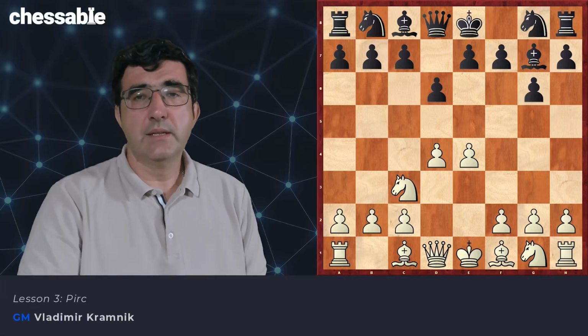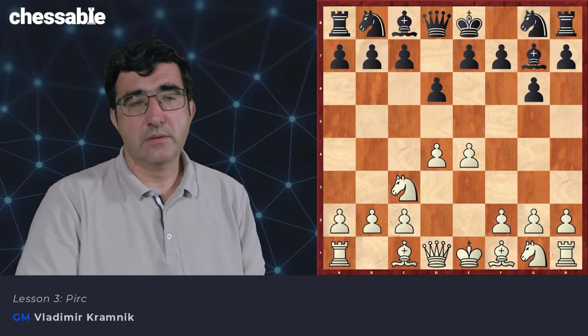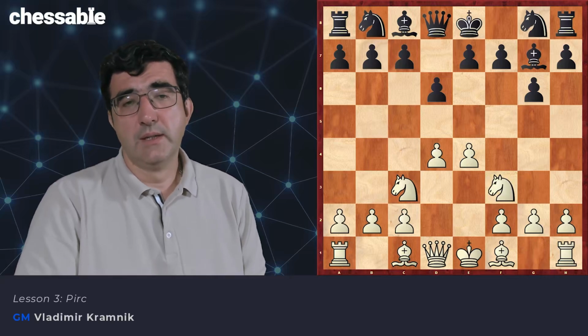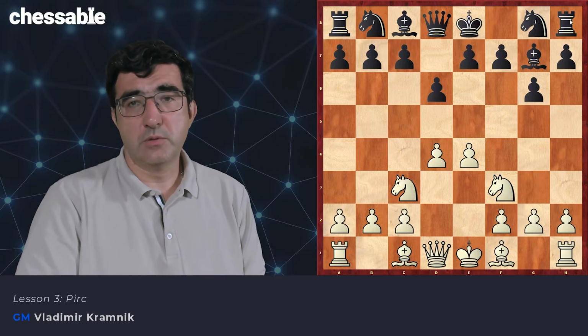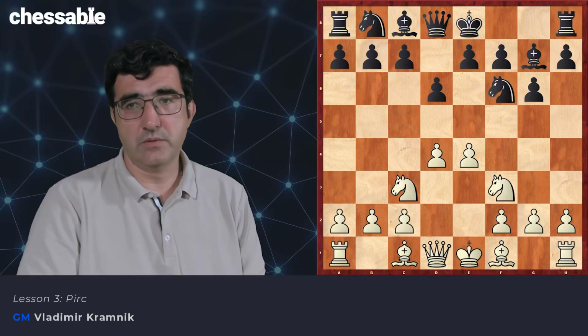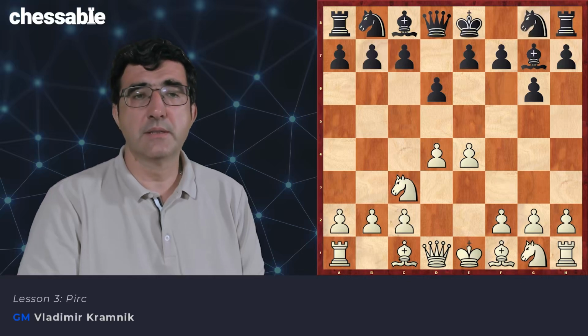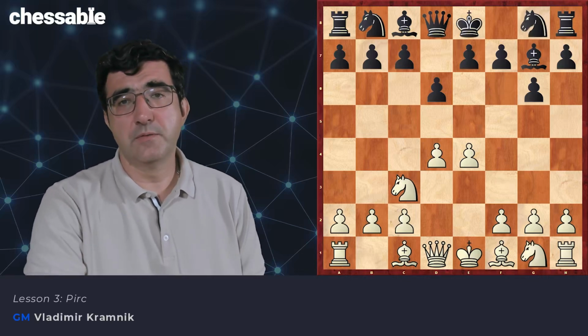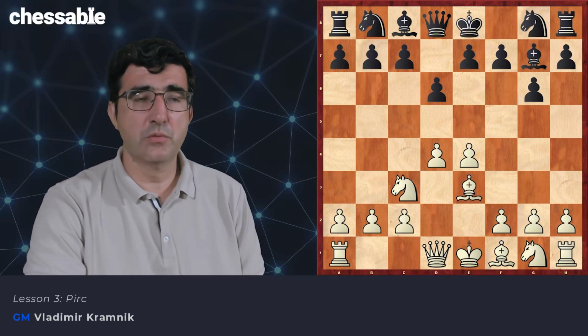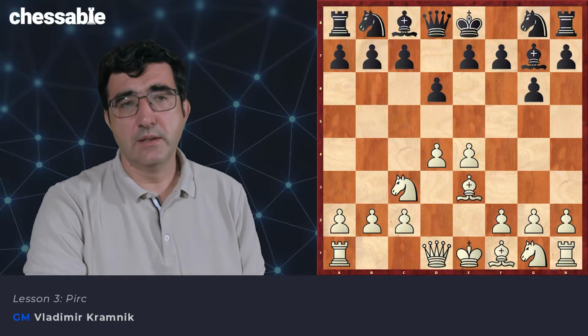And that is mainly against the sharpest system which White has against Pirc. Because, for instance, if White is just playing knight f3 followed by bishop e2, probably anyway the best Black can do is to go knight f6 and transpose to the main line of Pirc against this system. But, for instance, if bishop e3, this is one of the systems I'm going to show you, a very serious and dangerous one, then here Black can try to